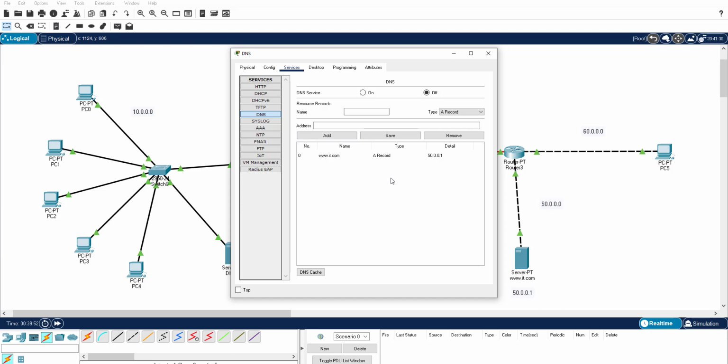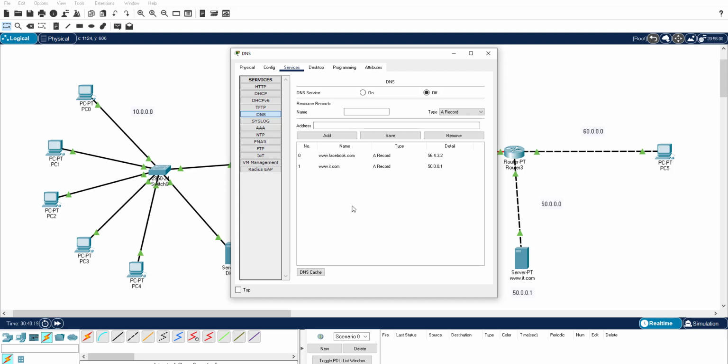So I'm going to add one more thing. For example, www.facebook.com, this is the name of the domain. For facebook.com, let it be the IP address 56.4.3.2.1. I'm going to add it here. So every domain, the IP address will be added here. There are some hierarchy available, levels available.